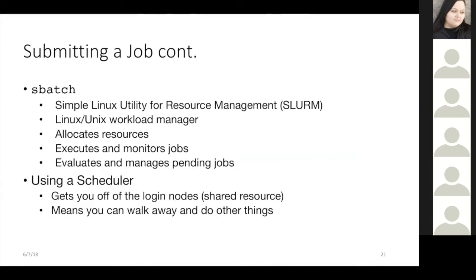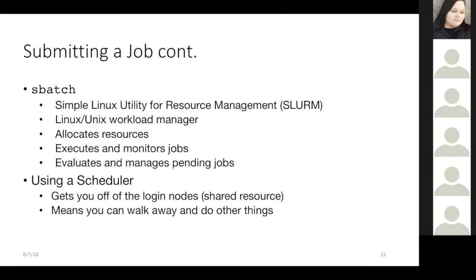So Slurm, as your job runs in the background, will keep track of things like the state of the node, the state that your job is in, whether it's received any completion or kill signals, and also generally tracks the health of the workload in the system. This helps us make sure that none of the jobs are causing problems, but also helps us see if any particular jobs are not running efficiently.